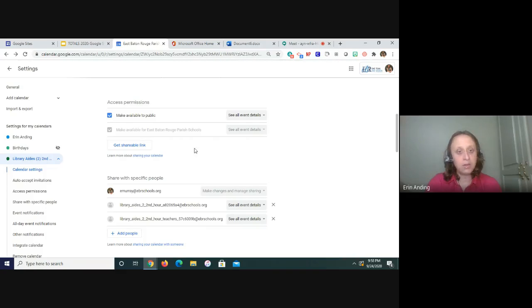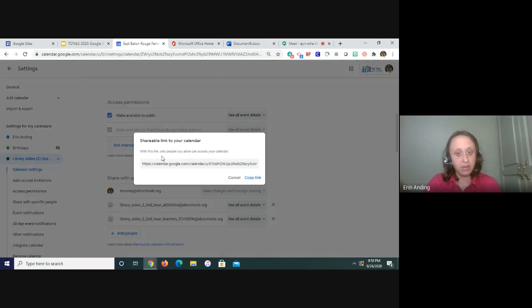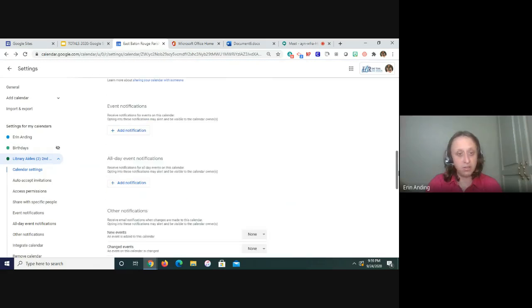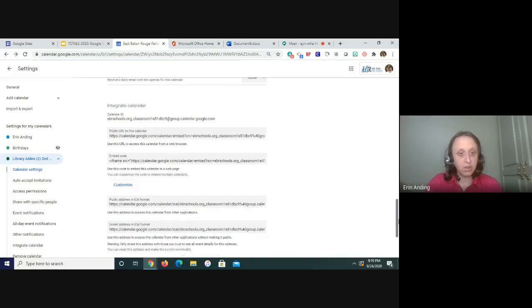Notice it now says get shareable link. It says with this link, only people you allow can access your calendar. Well, in that case, I want it public. You can also go further down and you'll see a calendar ID, like for web browsers, and then if you wanted to do it from the idea of an embedding code. All right. So then when I go to my Google site,